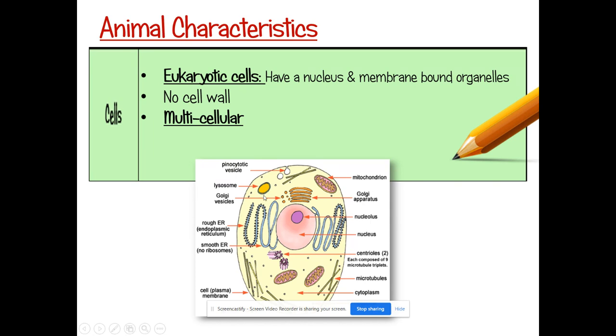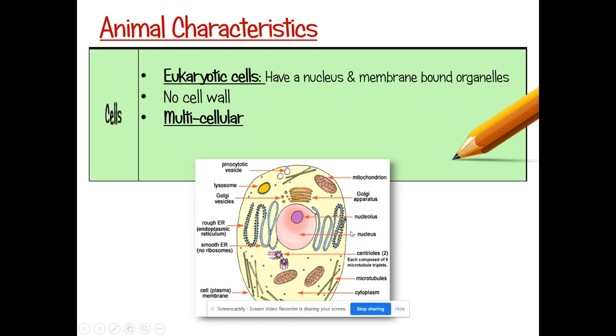They also have this thing called the lysosome. The lysosome is responsible for breaking down toxins and other waste products within the cell, and plants don't have these. I think the reasoning behind that is the fact that animals are consumers. So we're eating food when plants make their own food. And since we're eating food, we're going to naturally ingest toxins and waste products. So our cells need to have these lysosomes so they can process out those waste products and those toxins and get them out of our body.